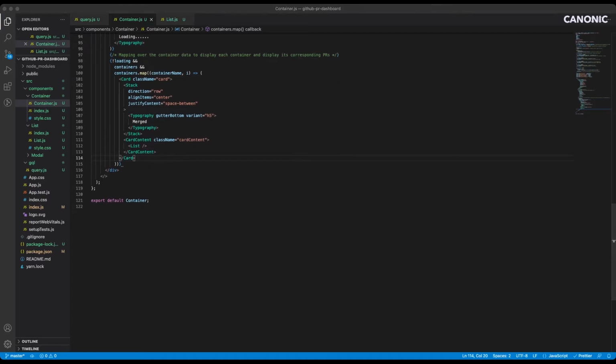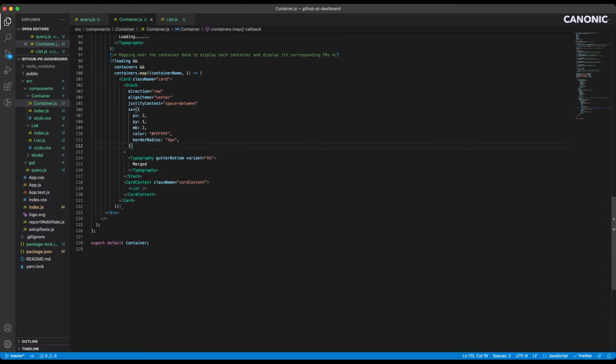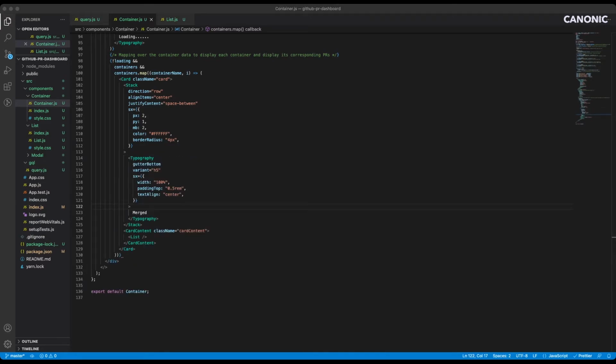It looks like this. We'll just beautify this stack a bit and also beautify the title here. Now apart from saying it's merged, we can just fetch the title from the container name that we're getting when we are mapping over the containers that we got from our table.